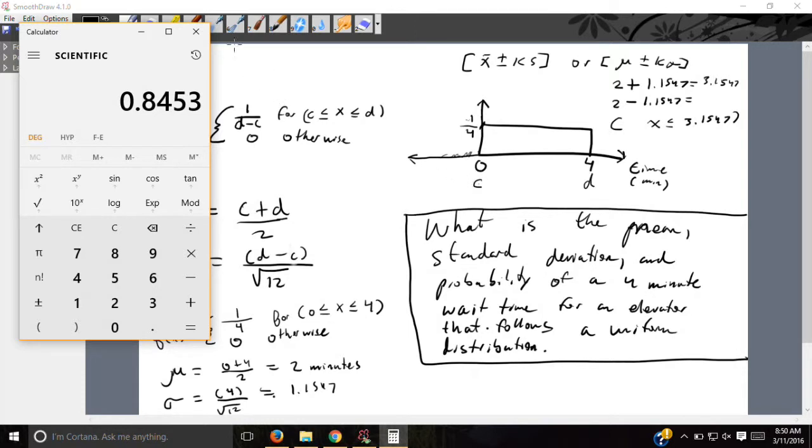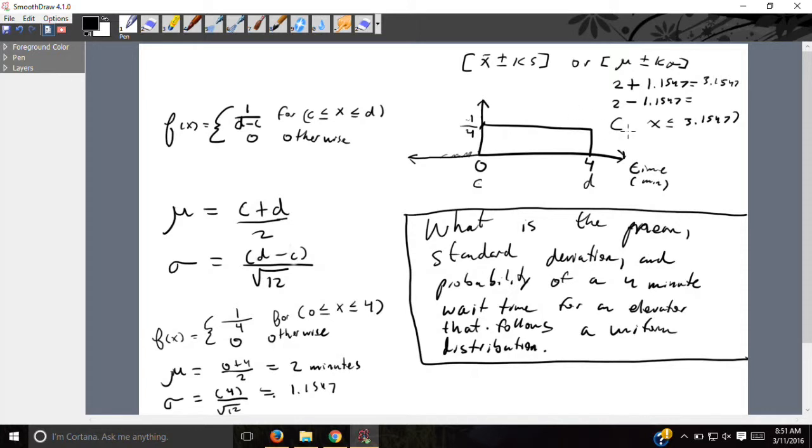So I'm going to go ahead and write that. Okay. And with this interval, I can now subtract 3.1547 minus 0.8453, which is equal to,